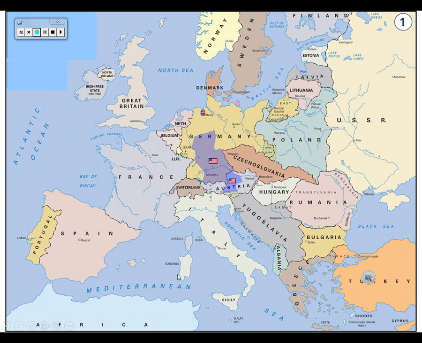And then we will get our zones of occupation following the conclusion of World War II, that Berlin will be divided up 4 ways in the Soviet Union zone. England will have a zone, the United States, the French will also have zones of occupation